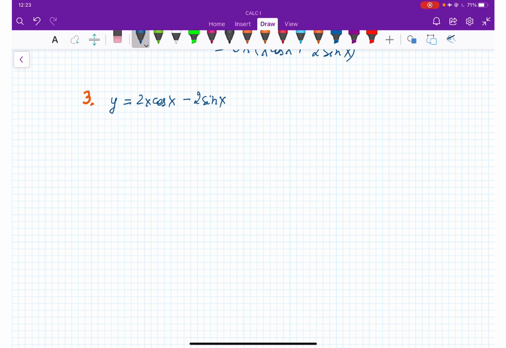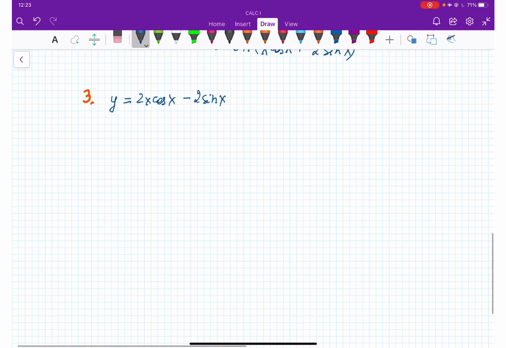All right. So we are going to take the derivative of y by x. That is equal to... See, we have a product here, right? 2x times cosine x, which is going to be equal to 2x